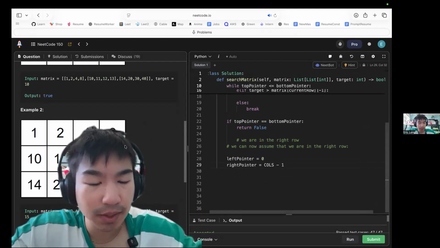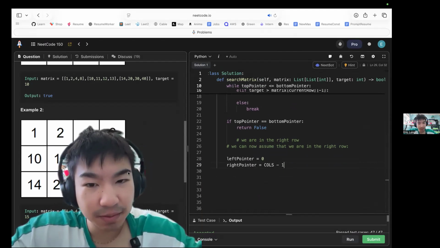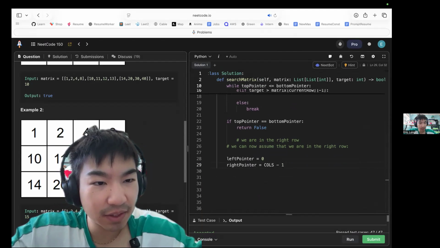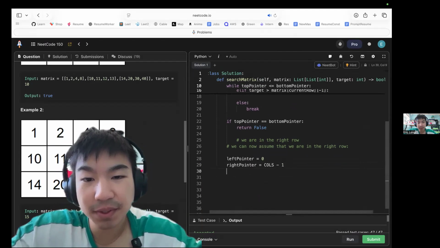Right, so left pointer is going to be right here. Right pointer is going to be right here. So say we have 1, 2, 3, 4. We have 4 columns, so that's going to be index 3. That's why we're doing column minus 1. And now